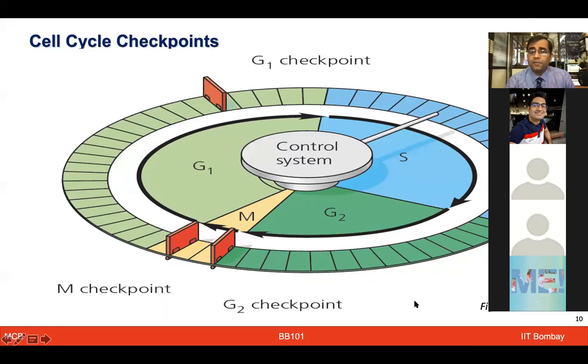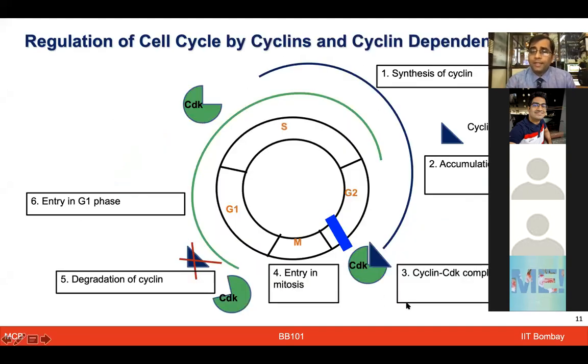In the cell cycle, there are different checkpoints we talked about, and those checkpoints are present in the G1 phase, at the end of the G2 phase, and in the M phase. They are the ones ensuring that the cell is actually dividing correctly, and they regulate those activities. In the cell, to perform these processes, there is a set of proteins known as kinases. They are involved, and these kinases, especially the cyclin-dependent kinases, are present throughout the cell. And the cyclins are produced during the S phase of interphase, when more of the cyclin gets synthesized.